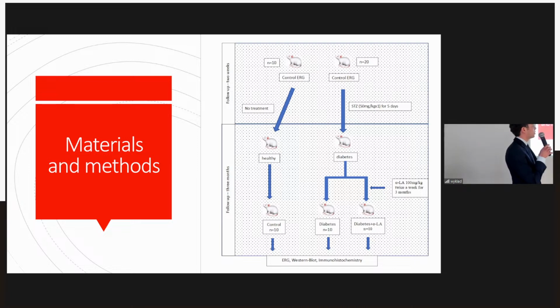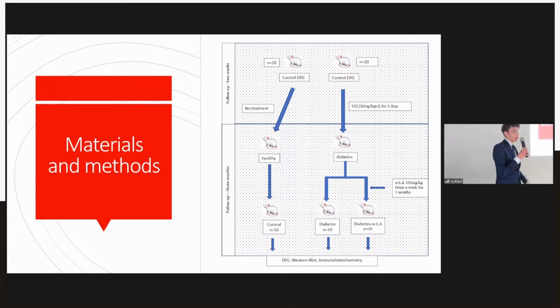Diabetes was induced by streptozotocin diabetes model. Then those diabetes mice were further divided into two groups. So we have just diabetes group and diabetes mice supplemented with alpha-lipoic acid. And finally, Western blot and immunohistochemistry were performed. And we should also remember that at every stage of this experiment,